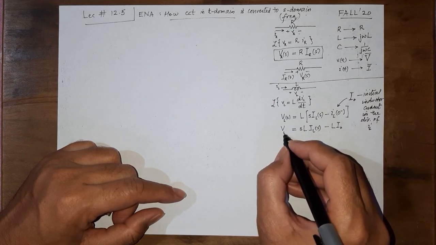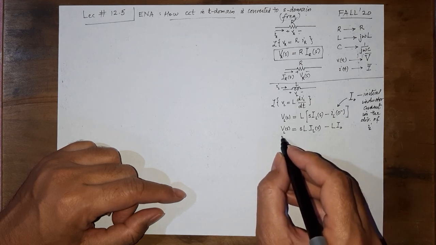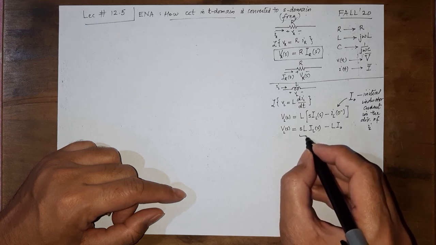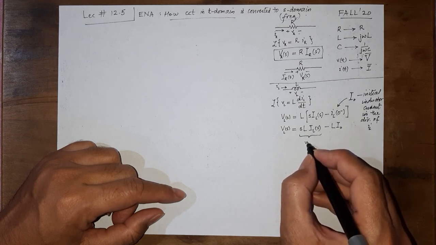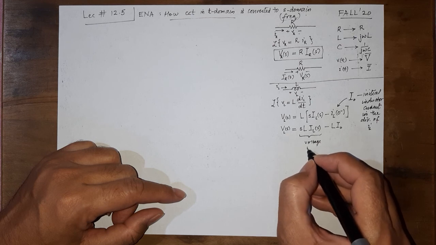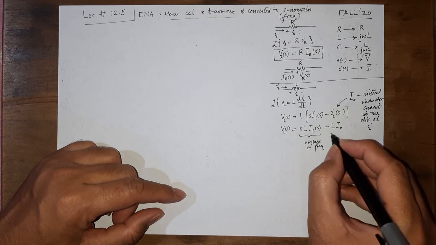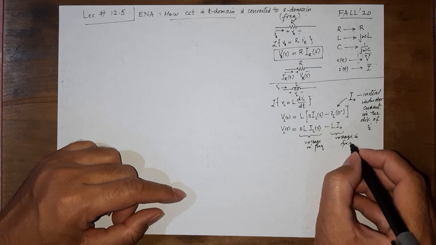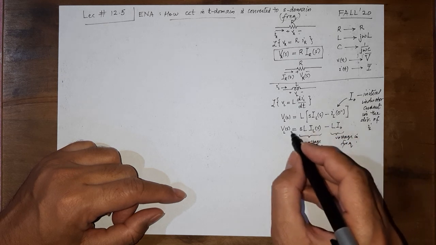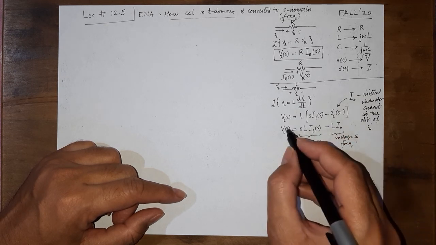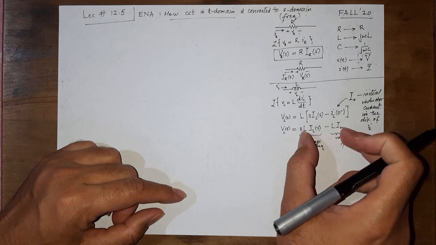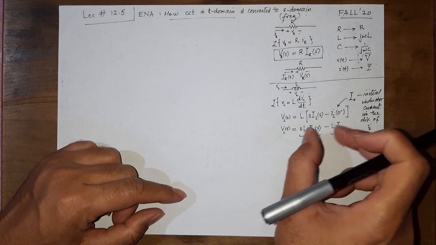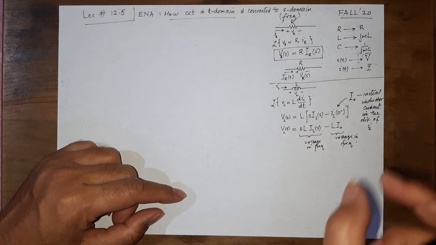Now what is this? VL. So if the left hand side is a voltage in the frequency domain, this term is a voltage in the frequency domain as well, and this term is also voltage in frequency domain. It's important because like things add together or subtract from each other. So if this is voltage, for these two terms to add up, or say this subtracted from this must yield a voltage, these must be voltages themselves.